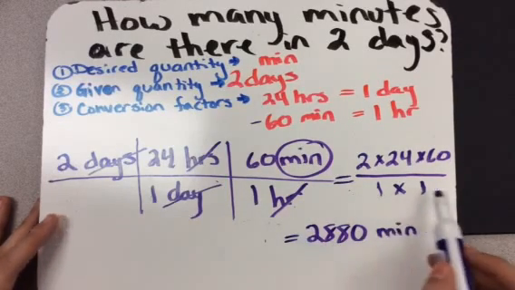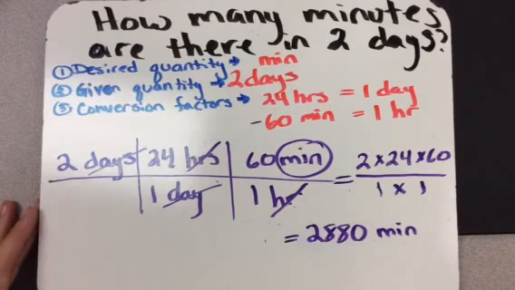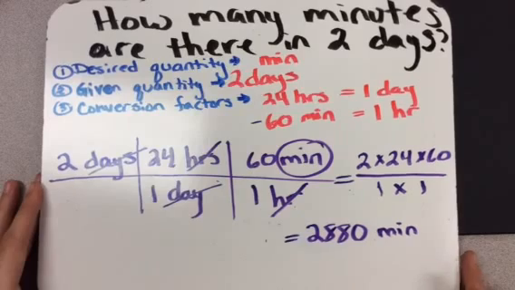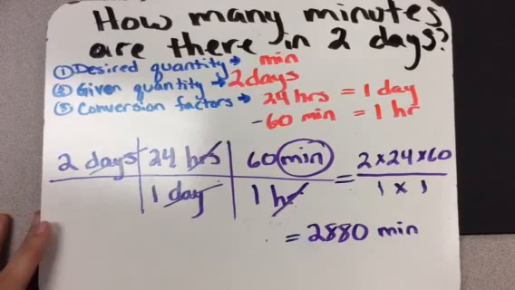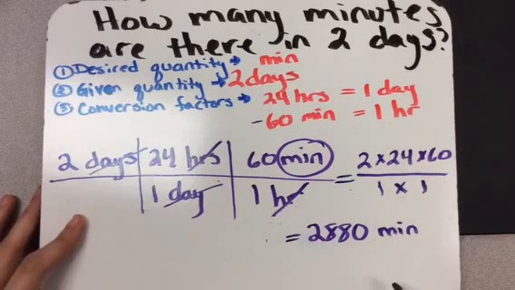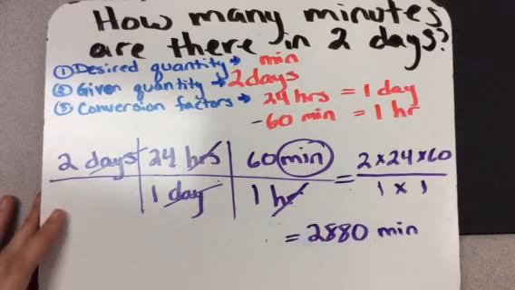And you're dividing by 1, so you can just leave that out because you don't need that. It is not necessary in this case. So remember that this answer is telling you how many minutes there are in 2 days. So if I ask you how many minutes are there in 2 days, you write